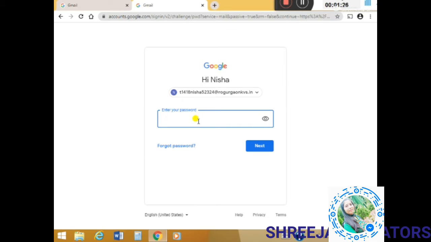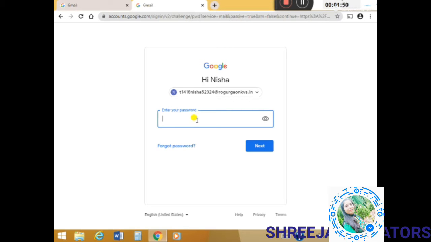After pressing next, it will ask you to enter the password. If you are logging in to your account for the first time, that password I have already given in the WhatsApp group, and it can be written here. After that, it is recommended to change that password.